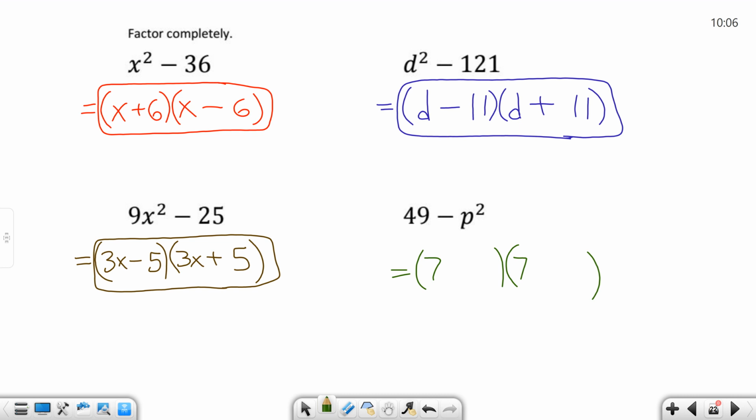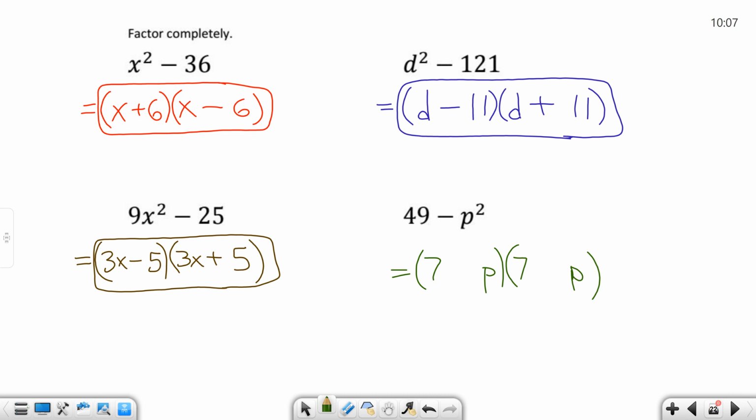And then what about the p squared? Then it's p and p, and then I need to say something about my signs being different. The signs are different on the term that's negative. So if you have it written negative p squared plus 49, then you still have to put your plus and minus on the p because the p squared is negative, okay? So typically we see it with the positive term and the negative term. I don't have any of them written in a different way here, all right,